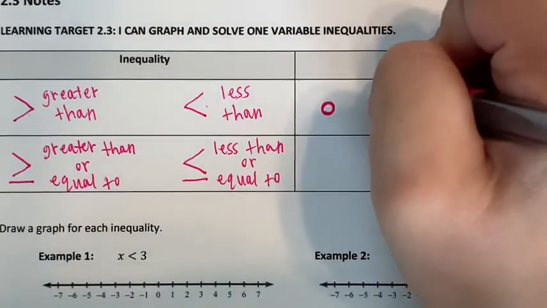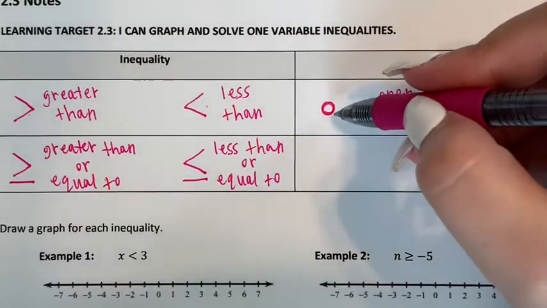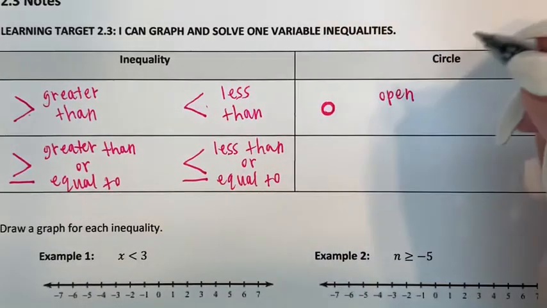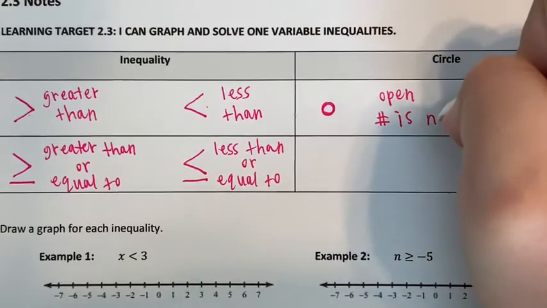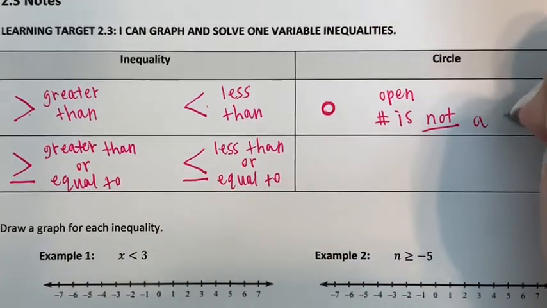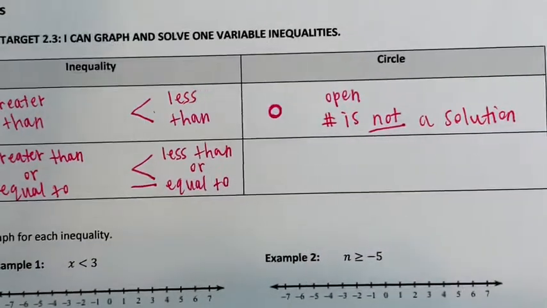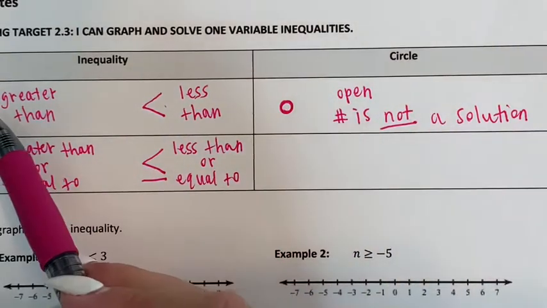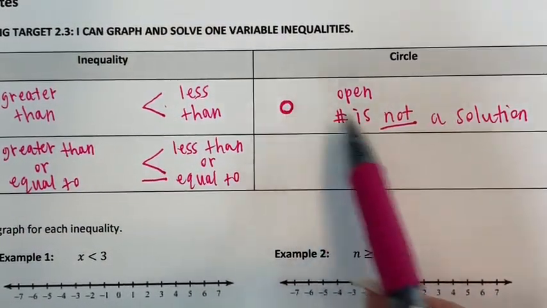This means that whatever number you put the open circle on on your number line, the number is not a solution. We'll see what that looks like on a number line. Anything greater than the number, but the number itself, where the open circle is, is not part of the